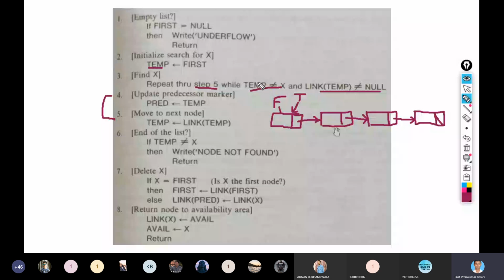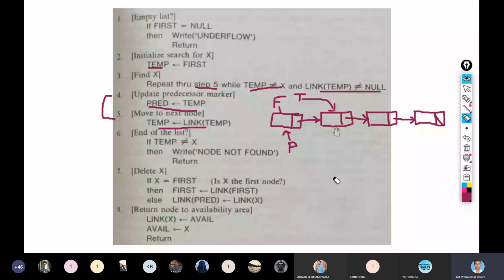So what I do, the predecessor is equal to temp. So now I also maintain the P, predecessor, that is also here now. Temp is pointing to the first node, so this also will be pointing to the first node. And now what I will do, temp equal to link of temp, and this link will be updated. This will be the situation now.